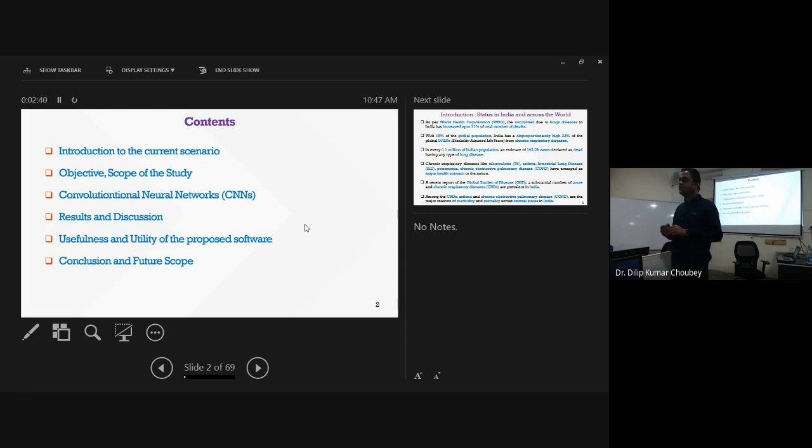So the 3 possible solutions are: either you develop a software like Microsoft Office. It should have an exe file and the complete software should be installed. The second option is mobile phones. If you have an Android phone, an Android application can be developed. And the third one is a web-based application,